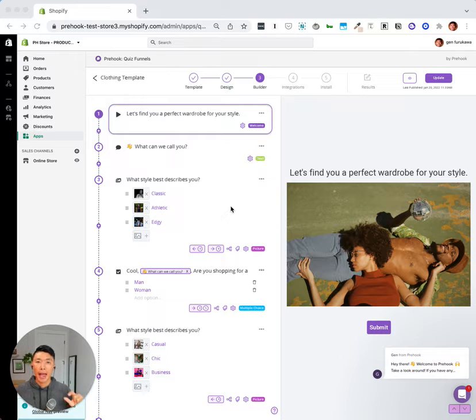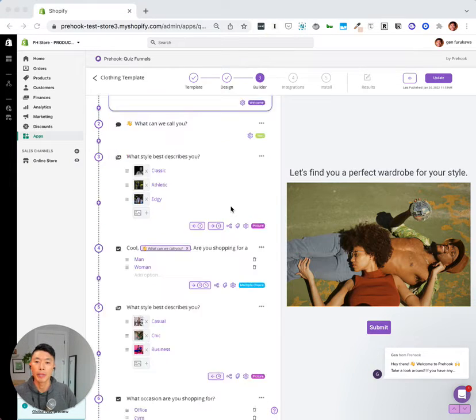Now let's learn how to create a product recommendation at the end of the quiz. So the product recommendation is one of the main benefits of a quiz, which is to simplify the buying process. Sometimes your customer might not know what they're looking for, but they can answer some simple questions like, for example, what problems are they having? What challenges are they trying to solve, or what does success look like? So you can gather their interests, their preferences, their goals, and then recommend the best product as a result at